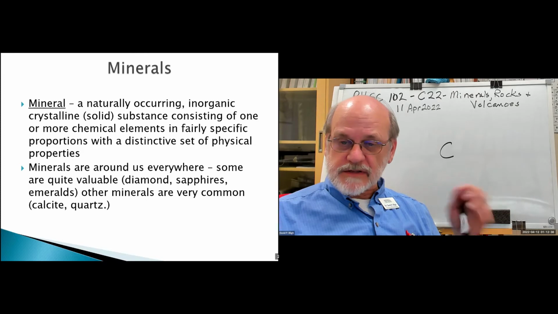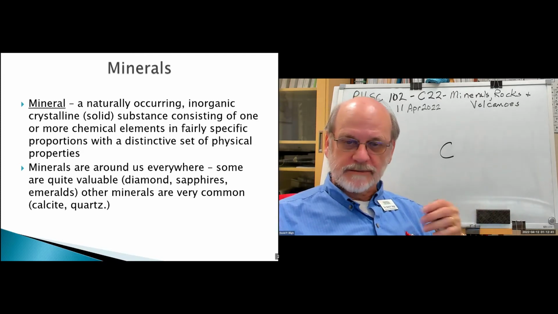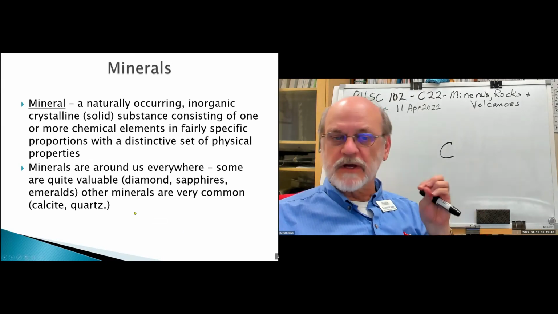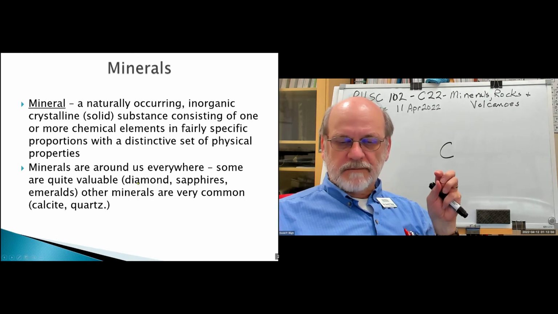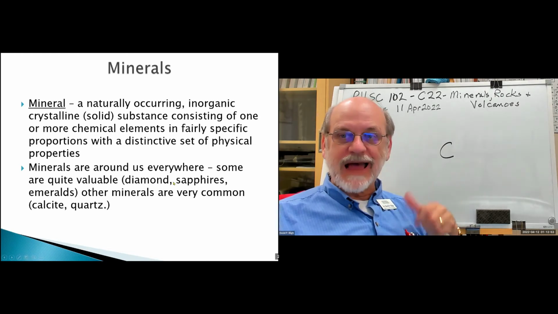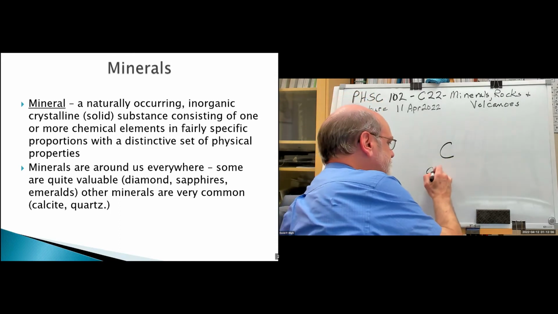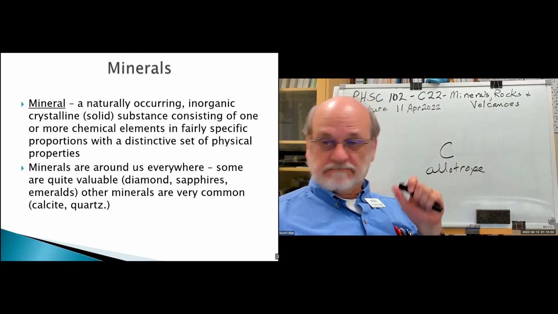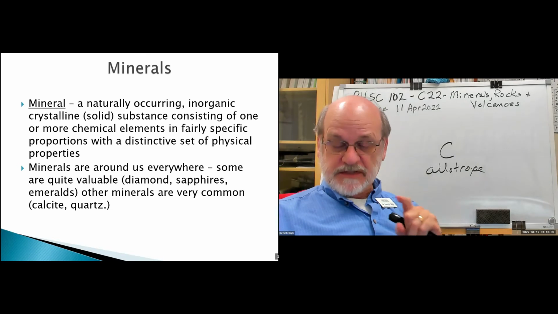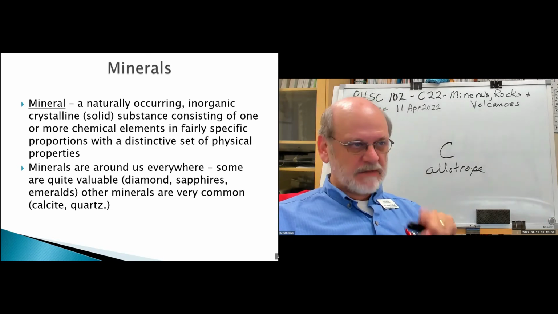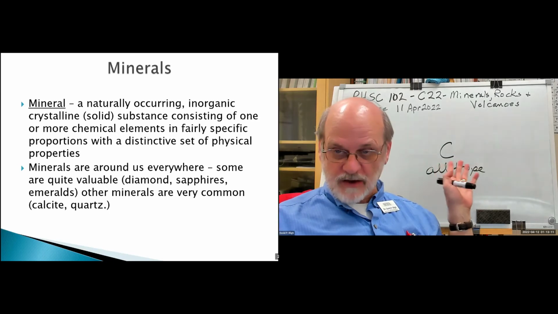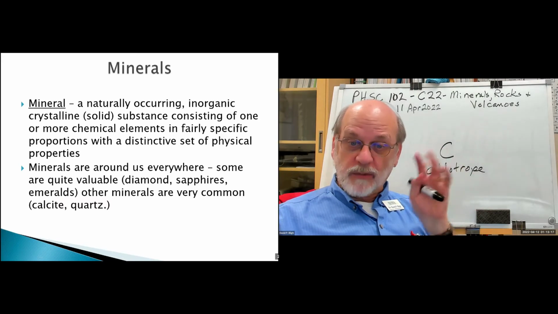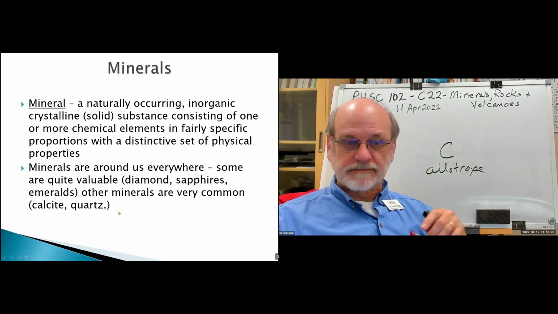Now, if there are some impurities embedded, the diamond will have colors. Sapphires are an example, emeralds are examples. These are compounds. Diamond is an element. It's an allotrope, which just means it is an element, but it takes a specific form of the element. Graphite is another form of carbon. It's an allotrope. Sapphires and emeralds are compounds. They have more than one element combined to make up the mineral.